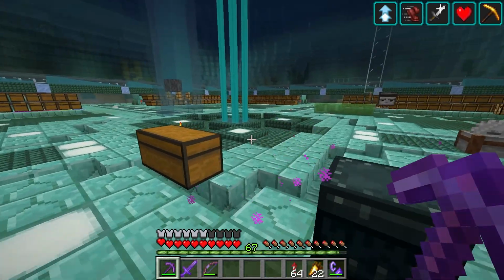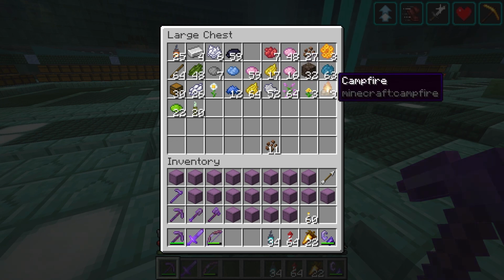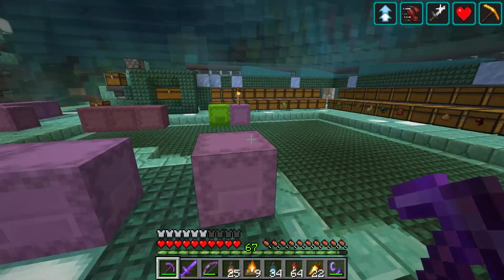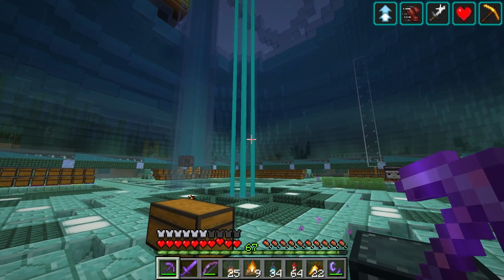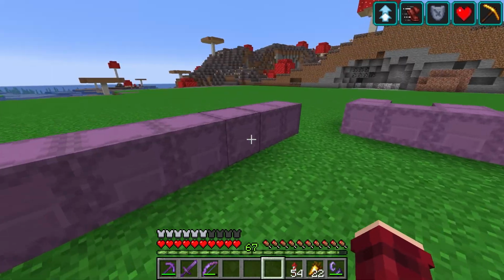I'm just going to double check to make sure that I haven't left anything behind. Ooh, I do want some of those, and some of those. So that was a good chest to open. Yeah, I'm just going to make sure that I haven't left anything behind, and then I'm going to head over to the mooshroom biome. And here we are over at the mooshroom biome with all of our shulker boxes laid